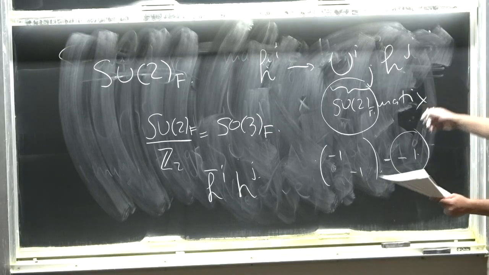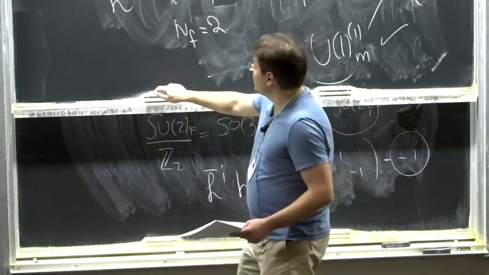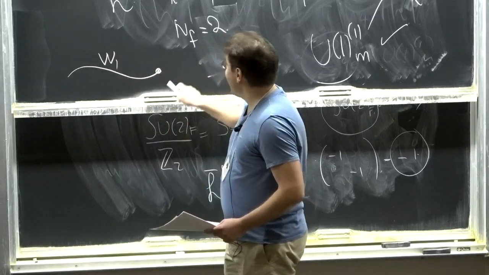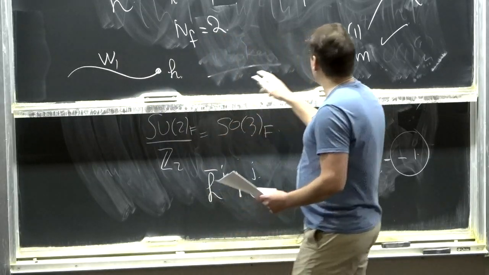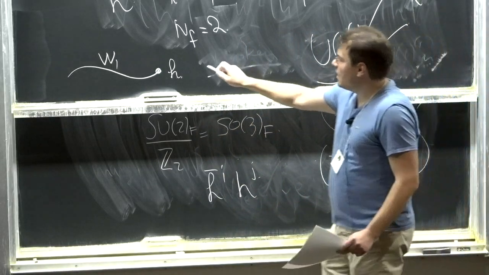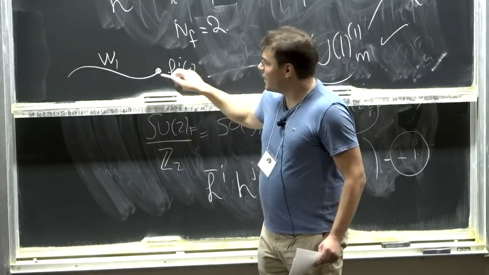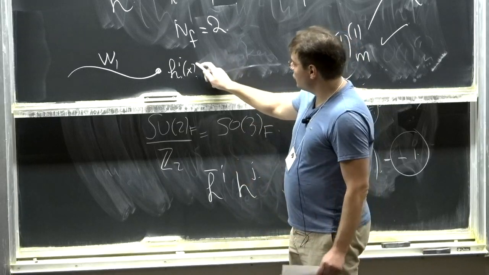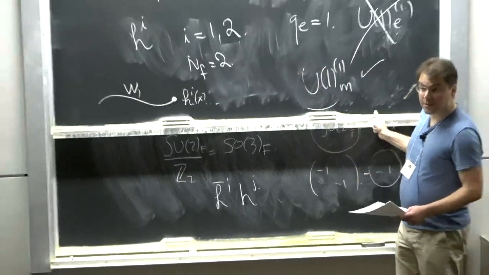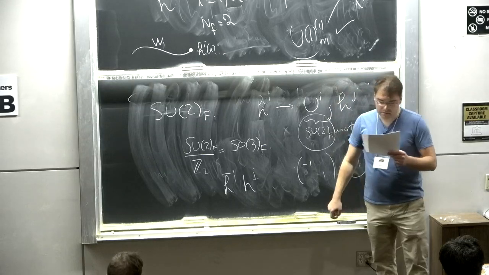And, well, the obvious answer to what transforms projectively is H. That's not a good answer because H is not gauge invariant. But you can make something gauge invariant that transforms projectively. You can take a Wilson line of charge 1, and you can end it on H. This ending is precisely what was responsible for the breaking of the one-form symmetry. But now we have a gauge invariant semi-local operator, right? A line ending on a point that transforms projectively under SO(3) because i is an SU(2) doublet index. So there's something interesting and projective about this model.